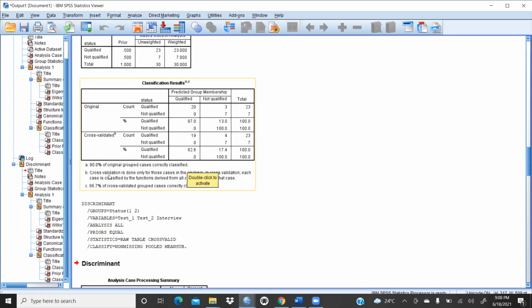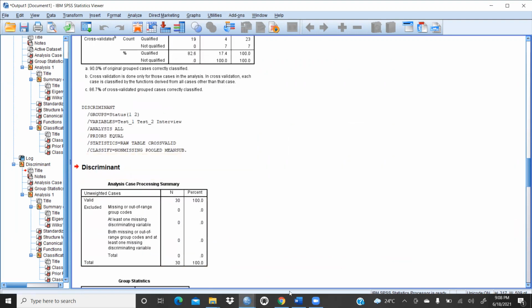Point B, cross validation is done only for those cases in the analysis. In cross validation, each case is classified by the function derived from all cases other than that case, and 86.7% of cross validated group cases are correctly classified, right? So we would see here,